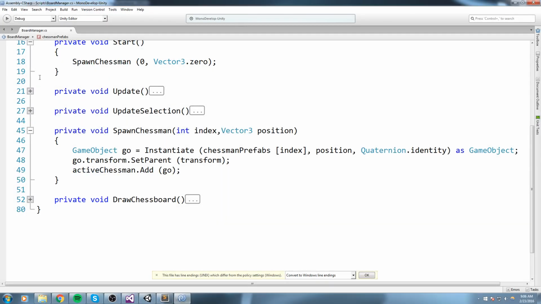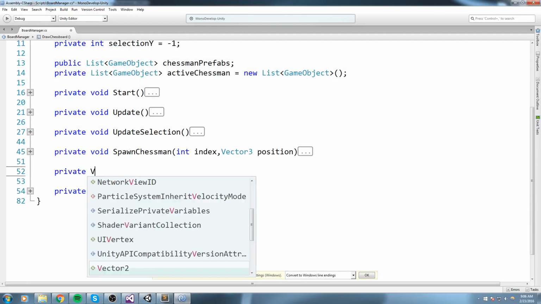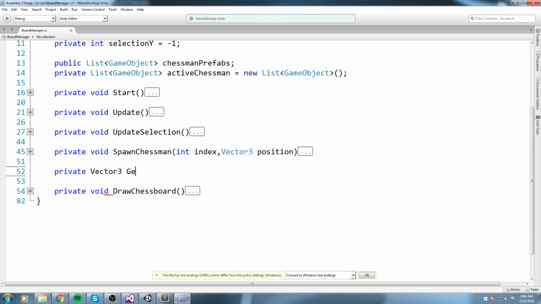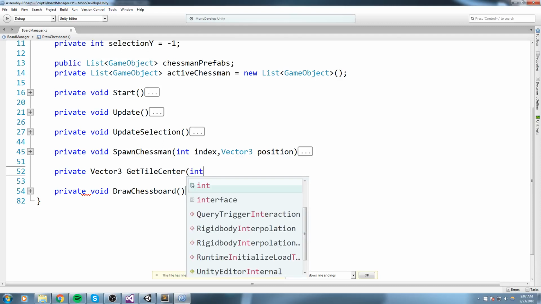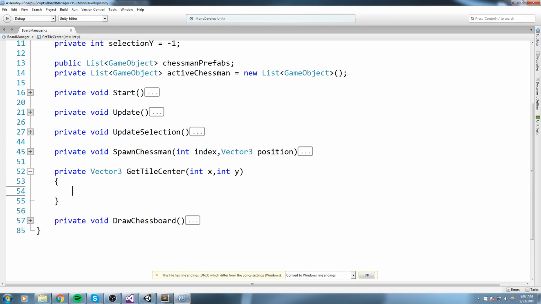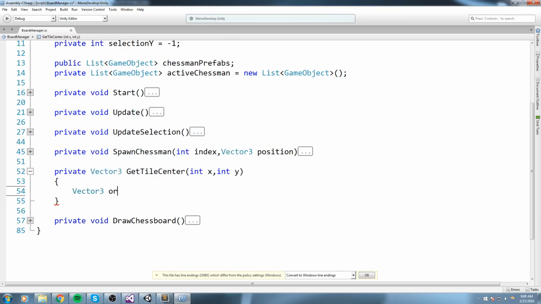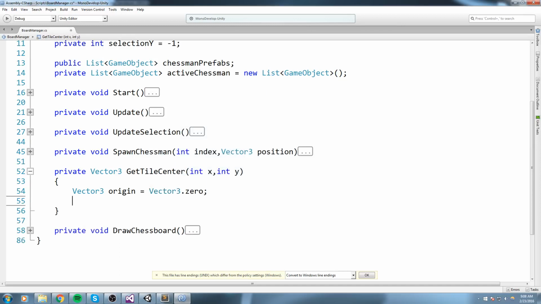We're going to create a private Vector3, and let's call this GetTileCenter. Now GetTileCenter is going to take in an int x and also an int y, to give it, okay, which position are you on right now on the board. And we're gonna do Vector3, and we could call this one origin, which is pretty much just the origin of your board. In our case, it's 0, 0, 0, so I can set it to Vector3.zero like so, and then we'll do origin